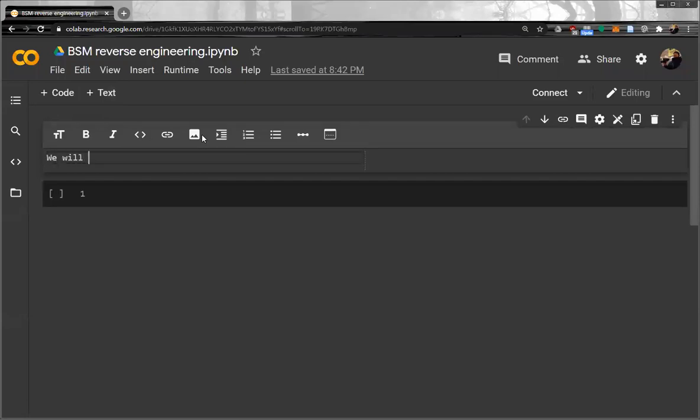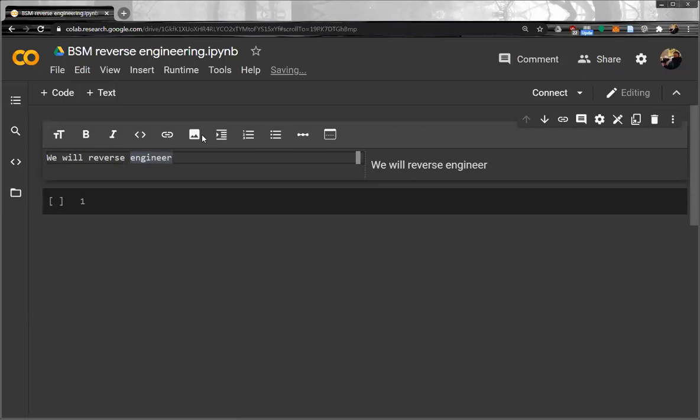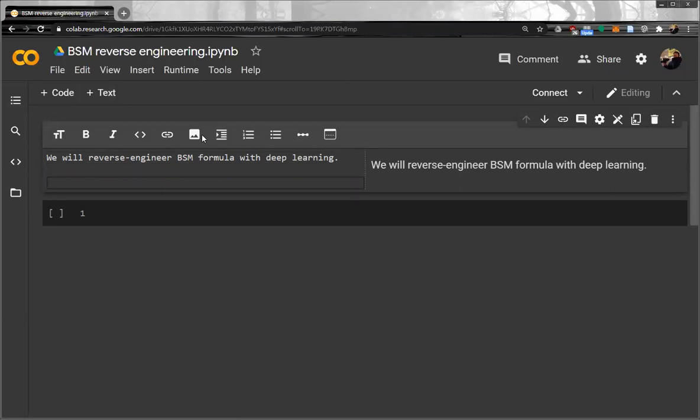We will reverse engineer the BSM formula with deep learning. And of course, first we have to know what the BSM formula is. The BSM formula is basically, let's say, for call option. So for call option,